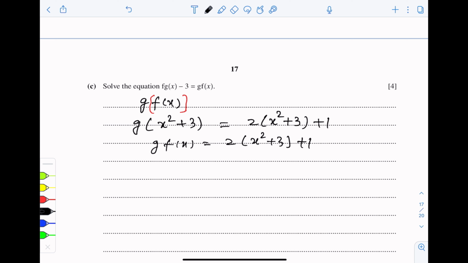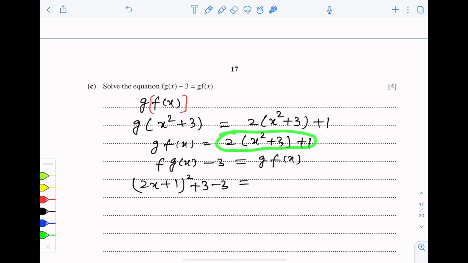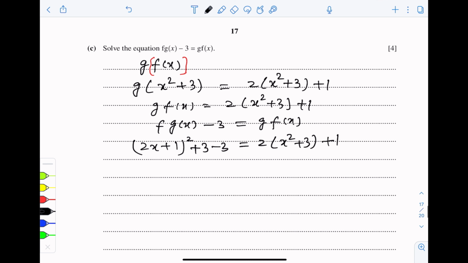Fgx we have already found. एफ जी एक्स -3 इज इक्वल टू जी ऑफ एफ एक्स। ये एफ जी एक्स हमने फाइंड कर लिए हुए है, that is 2x प्लस 1 स्क्वायर प्लस 3। तो नेक्स्ट -3 भी है, इज इक्वल टू जी ऑफ एफ एक्स। अभी हमने जी ऑफ एफ एक्स जो है वो ये फाइंड किया है, इज इक्वल टू 2x² प्लस 3 प्लस 1। नाउ सिंप्लीफाइंग इट,